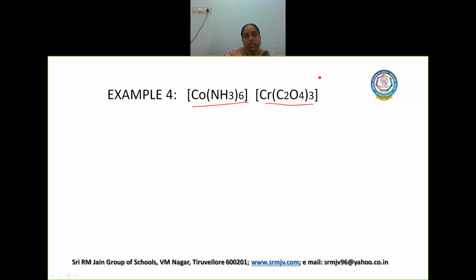Okay, so this chromium complex will be getting the charge of 3, where it is on the right hand side, so it is a negative complex. So 3 minus is the charge of this complex. As 3 minus is the charge of the negative complex, then of course the positive complex will be attaining positive charge. That means 3 plus. Is it clear, children? So easily we can identify with the help of the ligand which is present in the anionic species.